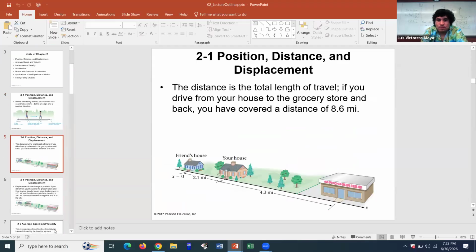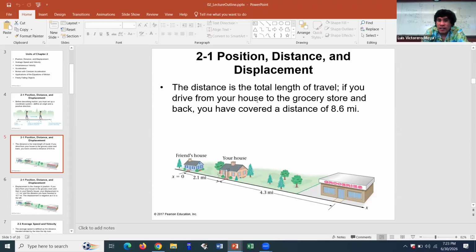So what do we have there? It says that the distance is the total length. Yeah. So if you go from your friend's house to the grocery store, this is all the distance you travel. 2.1 miles plus 4.3, that's 6.4 miles. That's all the